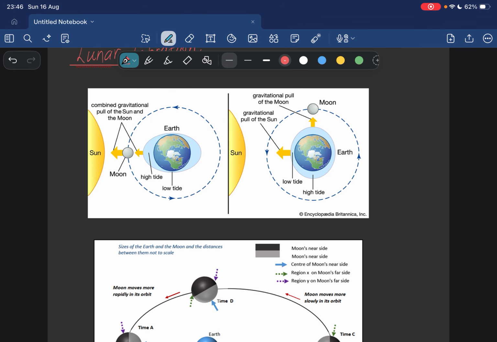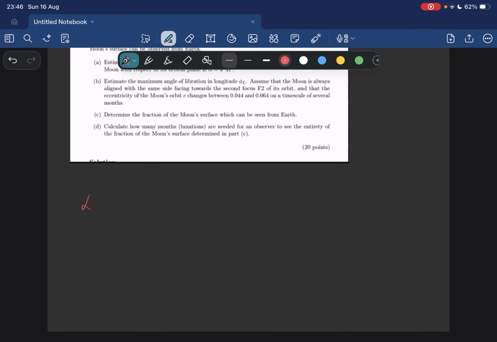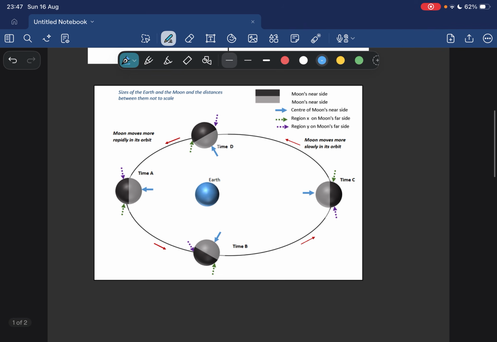Today, let's talk about the libration in latitude. Libration in latitude has one cause, and that is the axial tilt. So the moon's rotational axis is tilted approximately 6.7 degrees relative to the normal of its orbital plane around Earth. As you can see right here,